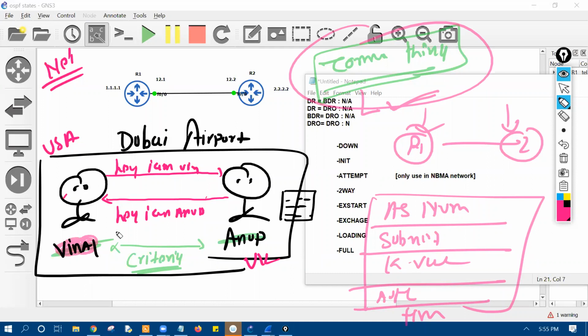When Binay is going to form the neighborship with Anup, what happens? They will check the criteria. Do we have some common thing over there? If we have a common thing, then I can form the neighborship. Right now I'm only talking about the neighborship. In the neighborship, a person has knowledge about the different person, but that has knowledge only. So whatever the neighborship criteria of the OSPF are,